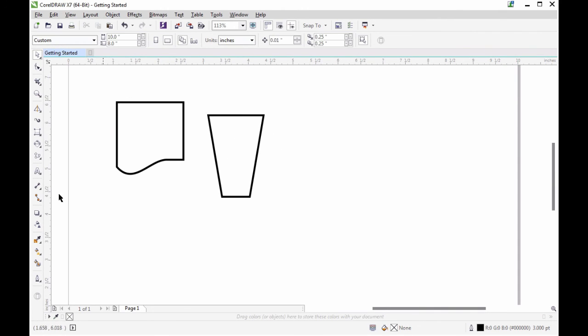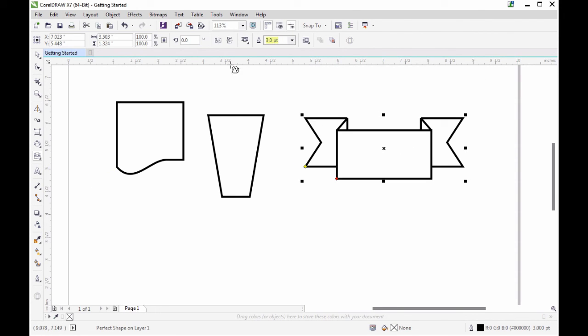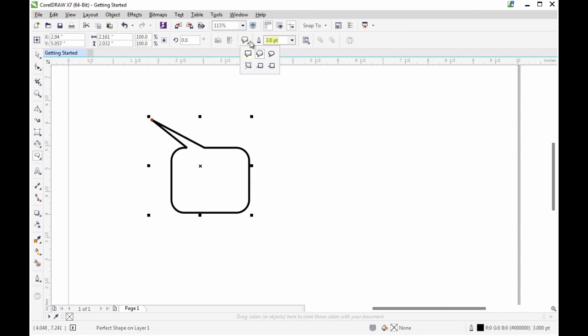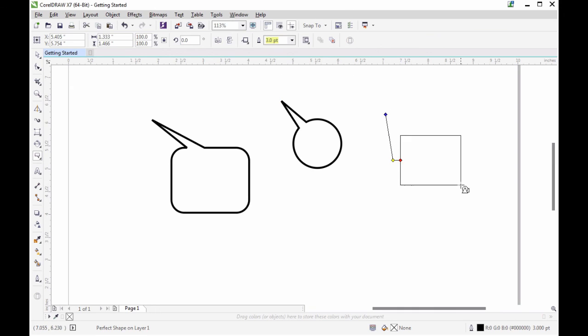From assorted arrows to flowcharts and call-out shapes, these tools allow you to easily box out areas for titles or text, and to draw attention to areas of a graphic or illustration. Check out all of the perfect shapes this program has to offer. We'll be using some of them in our final infographic project in the 5th chapter of this course. Until then, let's move